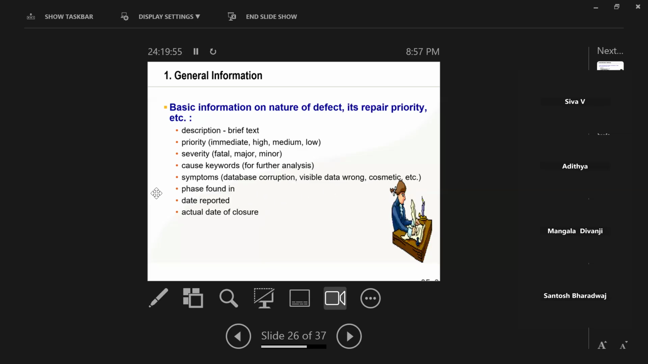And which phase the defect is found in, SAT or UAT or QA. If it is found during production testing, then the phase is production. If it is found in the SIT QA region, SIT. If it is found in the UAT testing cycle, UAT. And then date reported: by default it will take it in